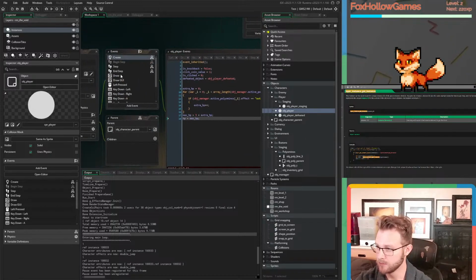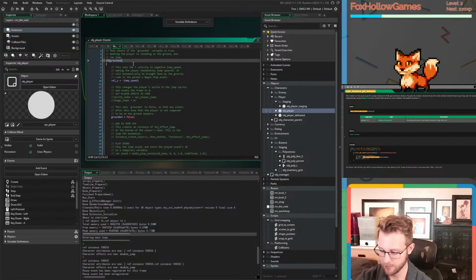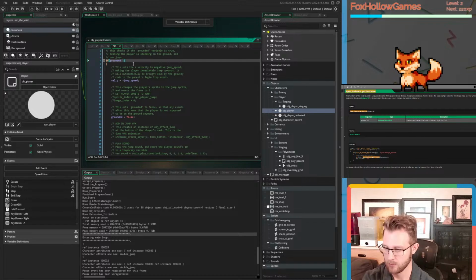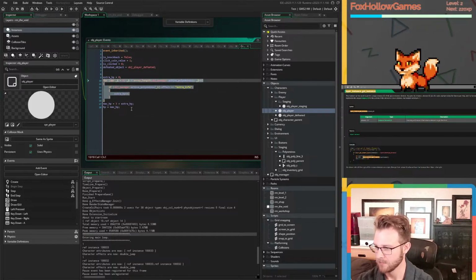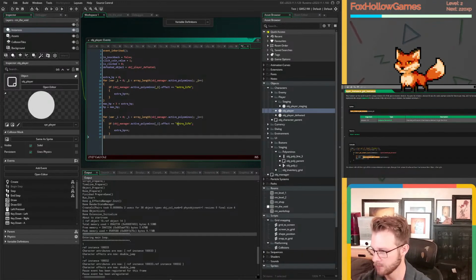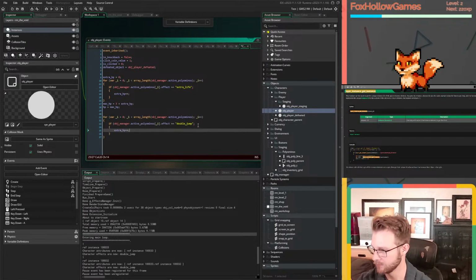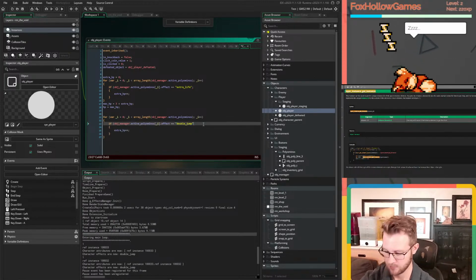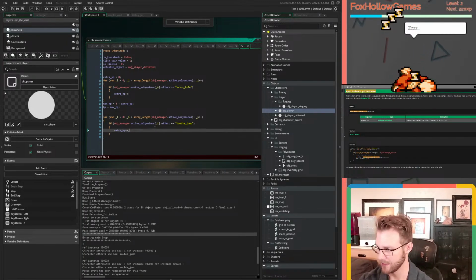Now we need to go into space. If rounded, or we need to check for double jump. I'm going to want to eventually change this to be a switch. But for now, just so we can do something, in the last couple of minutes that we have before I need to go be a dad again,